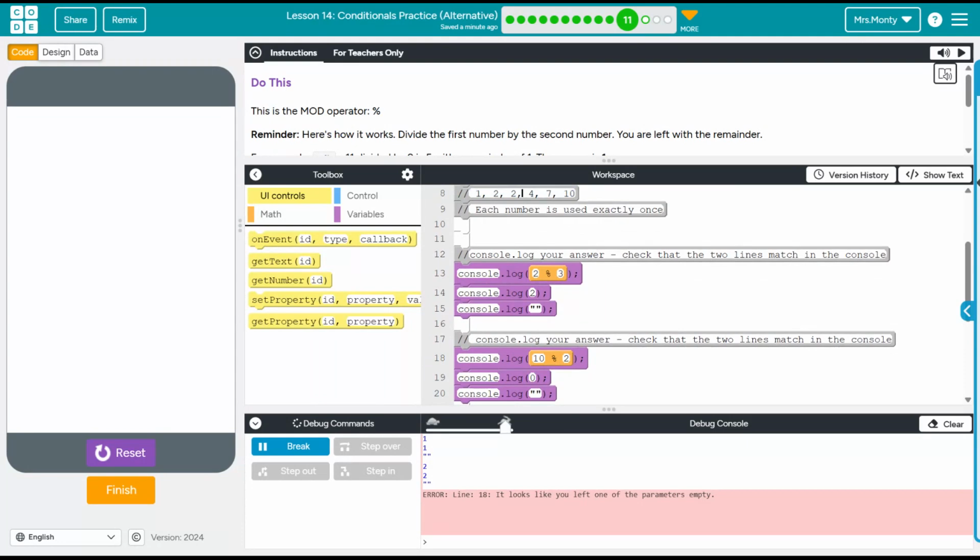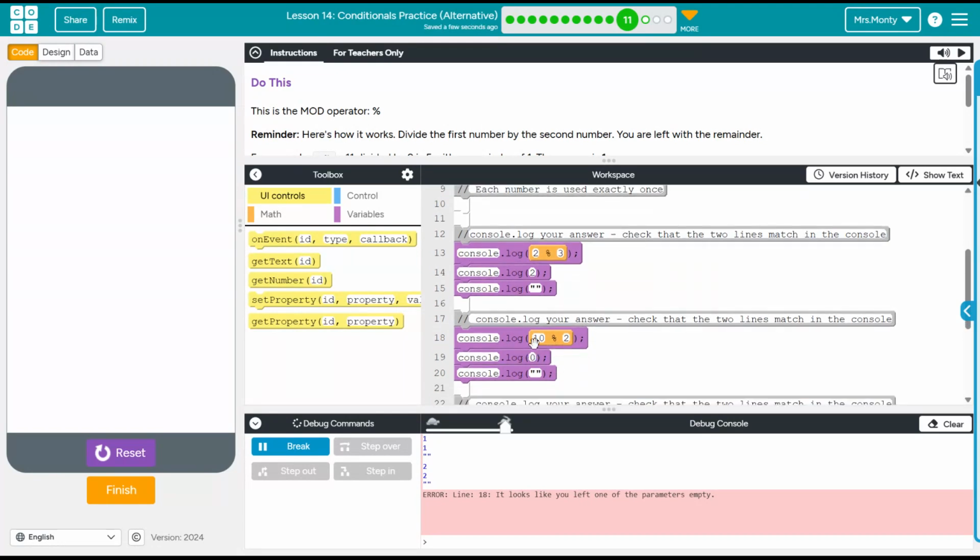We have multiple 2's, so let's get rid of some of those. All right, so I used a 2 and I used a 10. Now I have 1, 2, 4, and 7 left. So 10 mod 2, 10 divided by 2 is 5, and there's nothing left over, so that should be 0. We're going to reset and run it and just make sure that, yes, we got 0 and 0